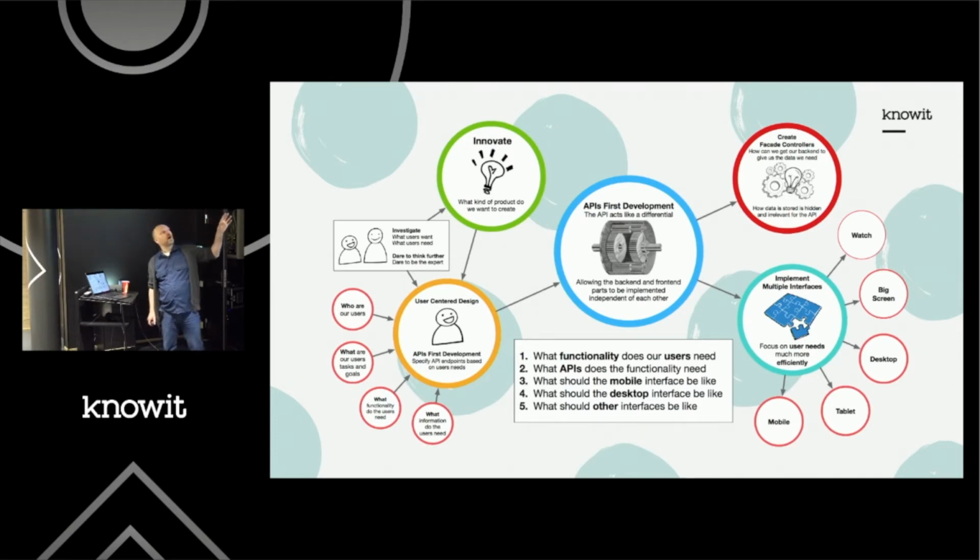So, for those of you who know how a car engine works, the API then functions like the differential. So the differential is the gear-like thing in the middle of or in the axle of the car that allows the different wheels to move independent of each other and consume only the necessary force of the engine's torque. And this allows us to implement much more decoupled and flexible and extensible interfaces.